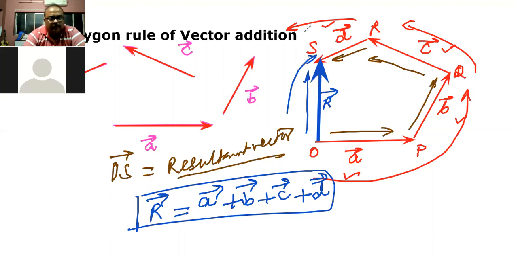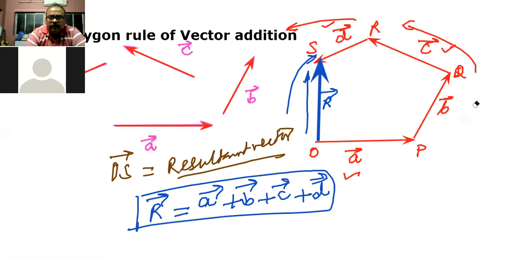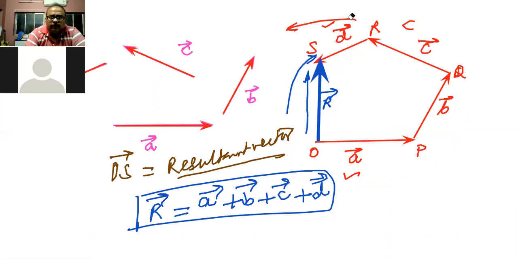This is very, very important. Now children, one thing you can do over here, which is very, very important, is that you can prove this polygon rule by the triangle law, which we have learned earlier. So let me just discuss that part. So we want to prove this polygon rule using the triangle law. So let me rub this part so that you can better understand. So I want to explain to you the proof of the polygon rule using the triangle law.